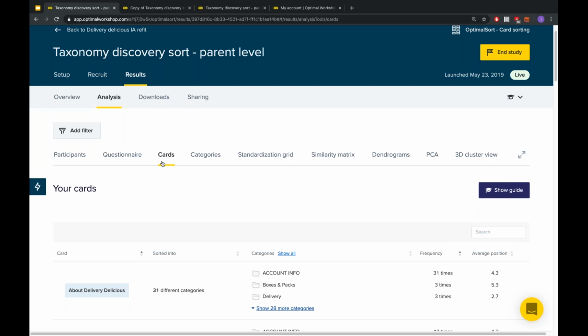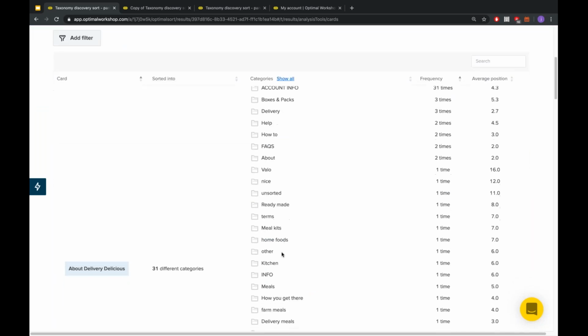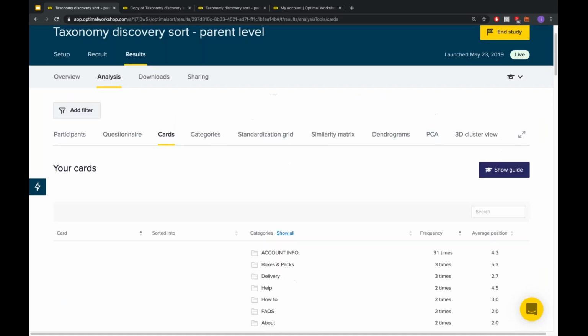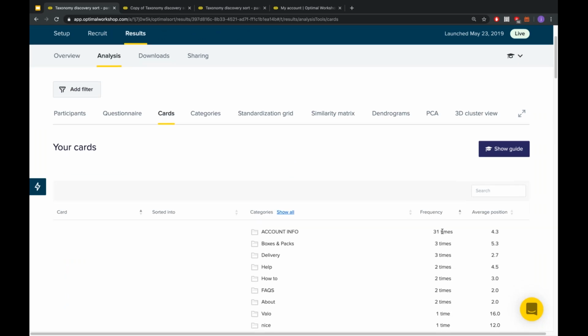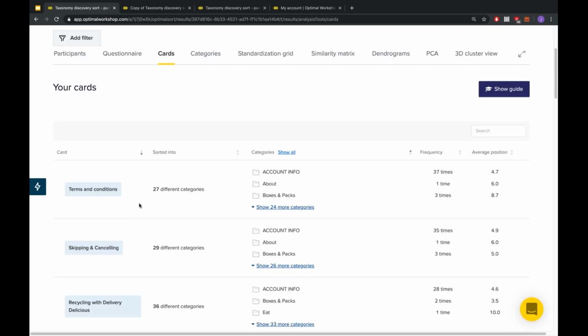The cards tab obviously is going to focus on each card and how that's treated. So we tell you what the card is, how many groups it's been sorted into, and you can expand this to find out what the labels were that participants submitted for it. And we've also got a frequency column there to show you what's popping up most frequently so that you're able to figure out what's really common and what's becoming most salient across the different people that you're working with there. Very, very useful, and I'm definitely a big fan of this page.